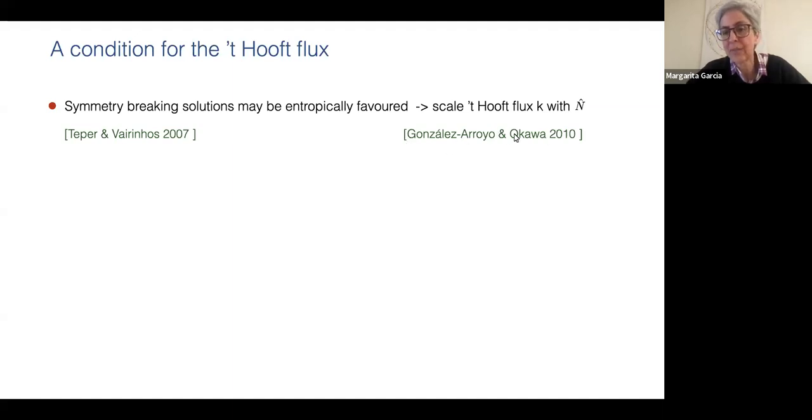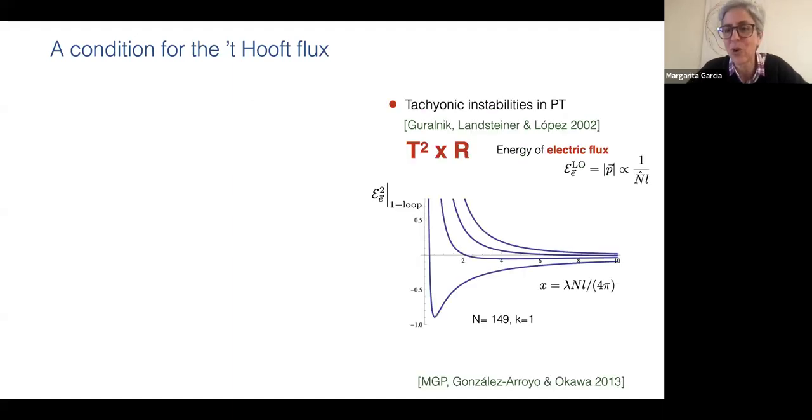So the solution that Tony and Masanori found for this problem was to scale the twist flux with n. So you have to scale k with n in such a way that the ratio k over n hat stays constant when you take the limit, okay? Now, we have analyzed these conditions a little bit more in detail, and we can be a little bit more precise. So let me explain a little bit how this goes. It is maybe complicated, but I'll try to explain what are the conditions that one has to set for the twist flux to avoid problems with TEK.